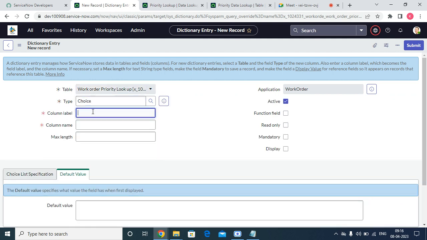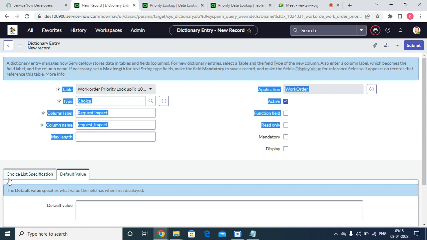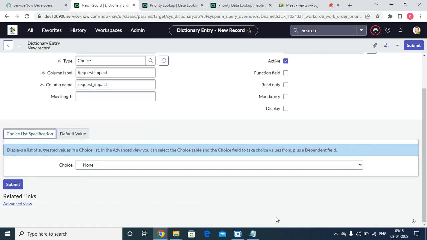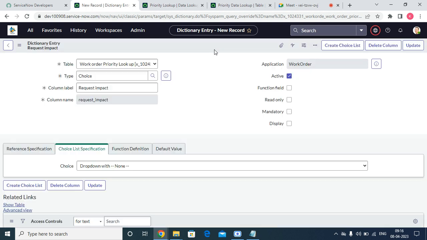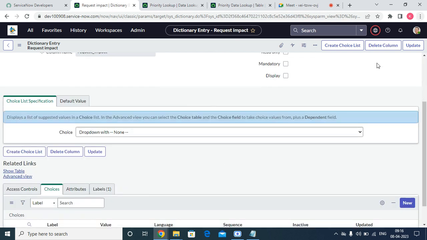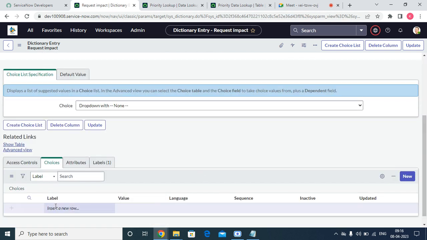Choice, request impact. As this is the real-time scenario, we have to understand it clearly. So the same thing, right? What are the values we have written? A drop down with none, or without none, something like that we can write. So the choices here are